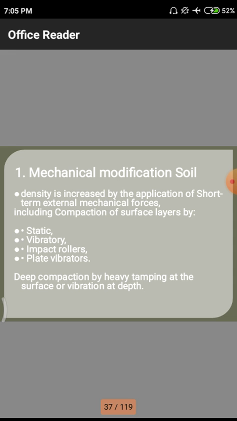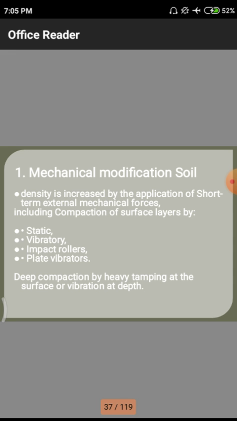A vibrator oscillates with some frequency and moves over the soil strata. Due to the movement of this heavy mechanical equipment, the particles move close to each other, and automatically the density of the soil increases. Whenever we have to do densification, we do it using these kinds of mechanical equipment. Among these we also have different kinds.